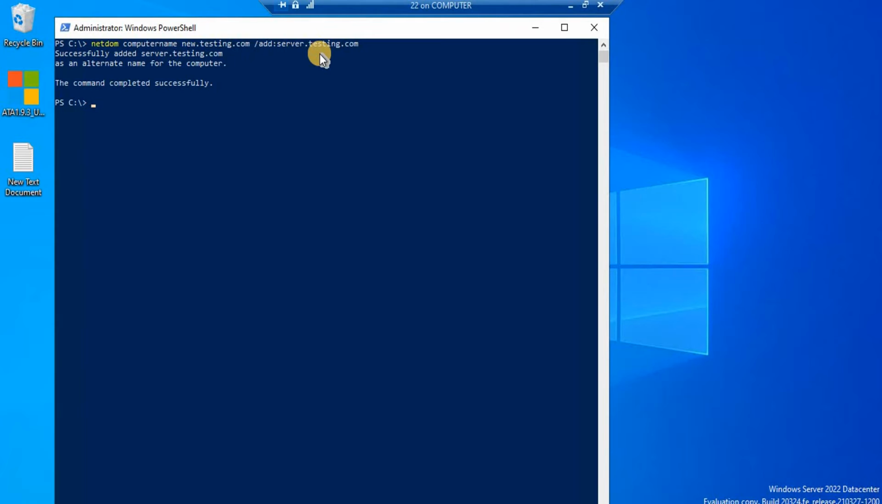Even after changing a name, we'll still have to provide a command saying that now change this new computer name to the primary one. So that's why we're going to use the command over here. Let's not waste time. netdom computername, of course this is a computer name. Now we are going to give the old computer name, new.testing.com, and then we are going to say /makeprimary to the new computer name,